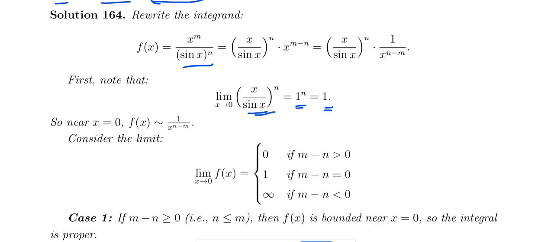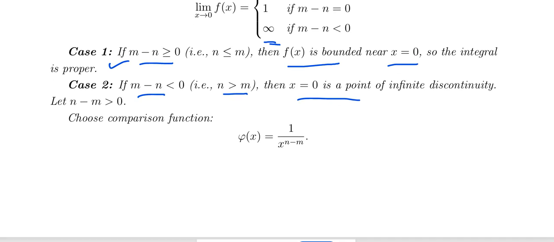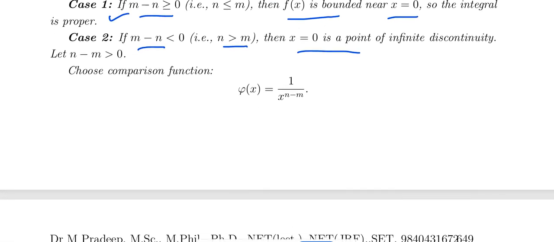Okay, then m minus n equal to 0 இருந்ததுன்னா that is called x power 0, value 1 ஆயிடும். m minus n is less than 0 இருந்தால், n minus m is positive, that is approaches to infinity. இதுதான் இதனுடைய நேச்சர். அப்படின்னா m minus n greater than or equal to 0 இருந்தால் தான் the f of x பவுண்டடாக இருக்குது, that is near x equal to 0, the integral is a proper integral. m minus n less than 0 இருந்தால், that is n greater than m னா that is a point of infinite discontinuity. So we can move for the comparison test,